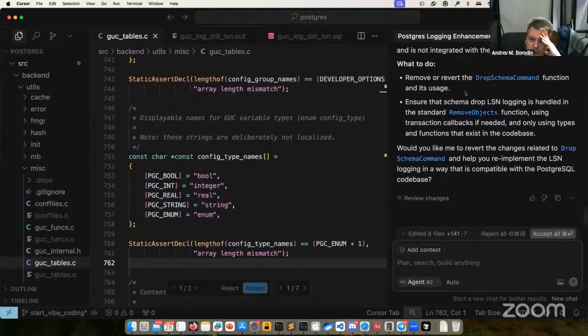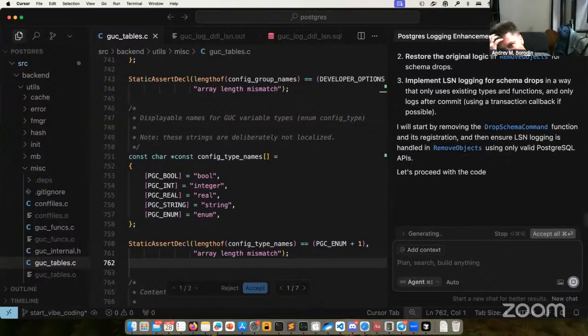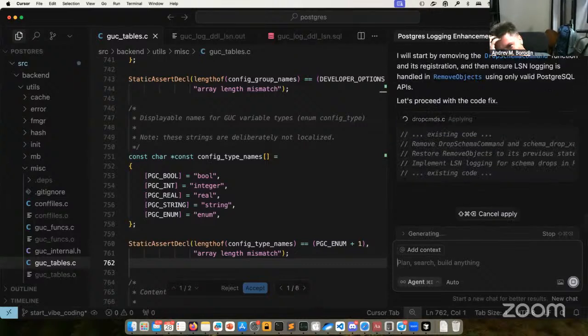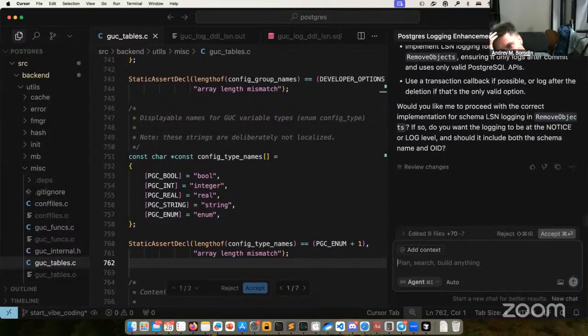Remove. Yeah, I think it doesn't understand that these changes were actually its changes.